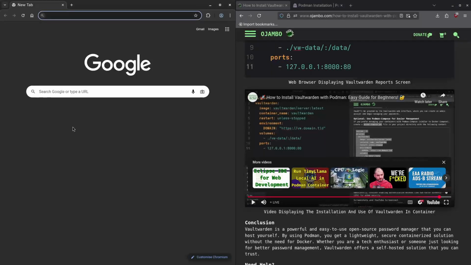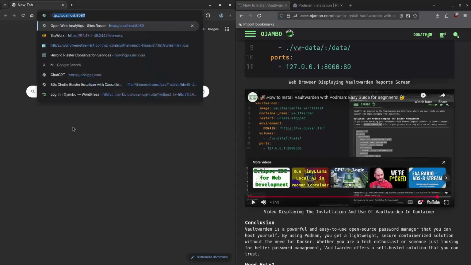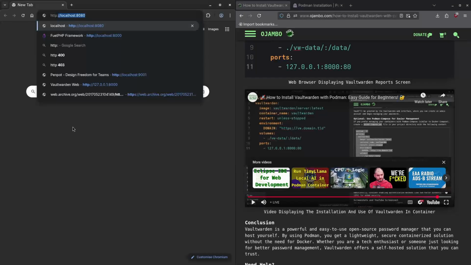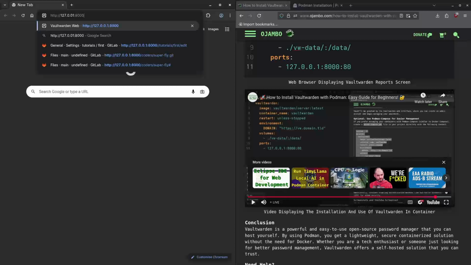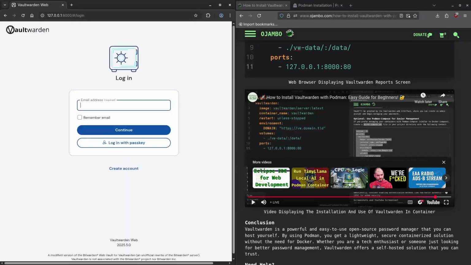Okay, so that said, we just go to http://127.0.0.1, and I think, what port number do we use again? Let me just double check. Port number was 8000. There we go. So we go to 8000, and Vaultwarden is starting. So you see here,